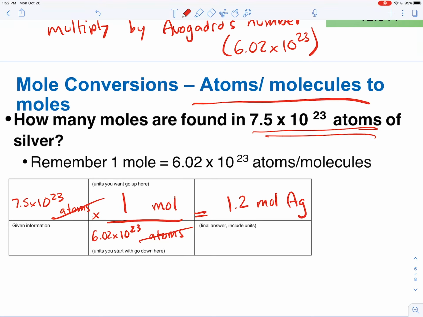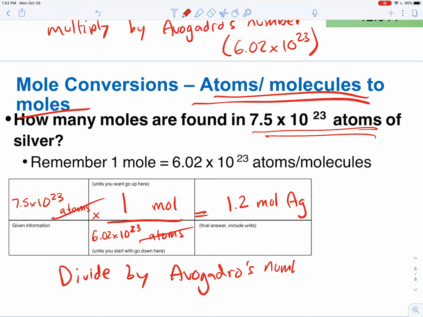So when we're going from atoms or molecules to moles, I'm just going to divide by Avogadro's number. All right, make sure you refer to these examples to help you with the worksheet, and we'll continue to